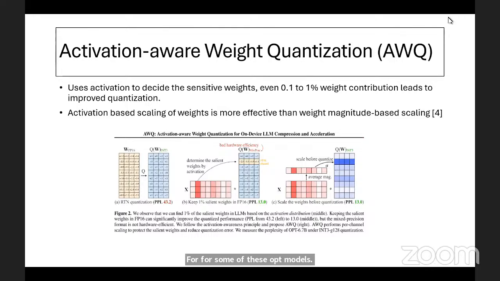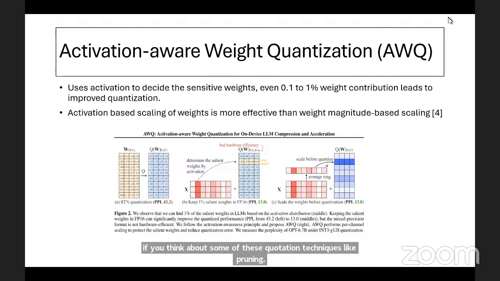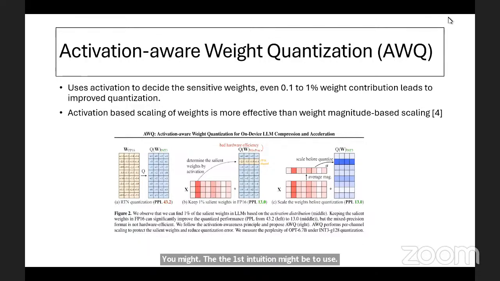Now, in SmoothQuant, we talked about how activations are very volatile and how by distributing this volatility from activations to weights, we can minimize the quantization noise and get better performance, right? So another technique that is quite popular is activation-aware weight quantization. Now, if you think about some of these techniques like pruning, the first intuition might be to use the absolute weights. So, for example, in pruning,